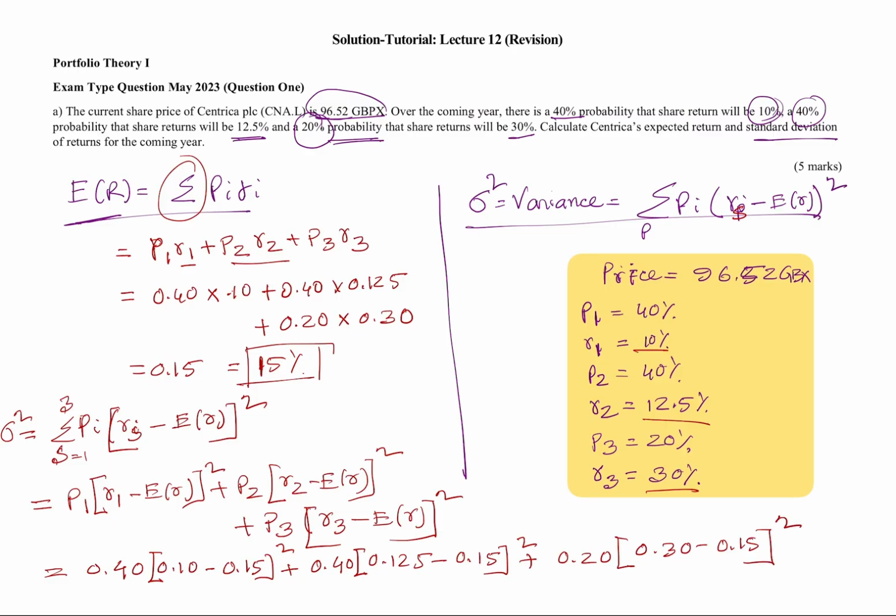Since we're squaring, there shouldn't be a negative value. All the negative values, once we square them, will become positive. So if we do all of this calculation, we get